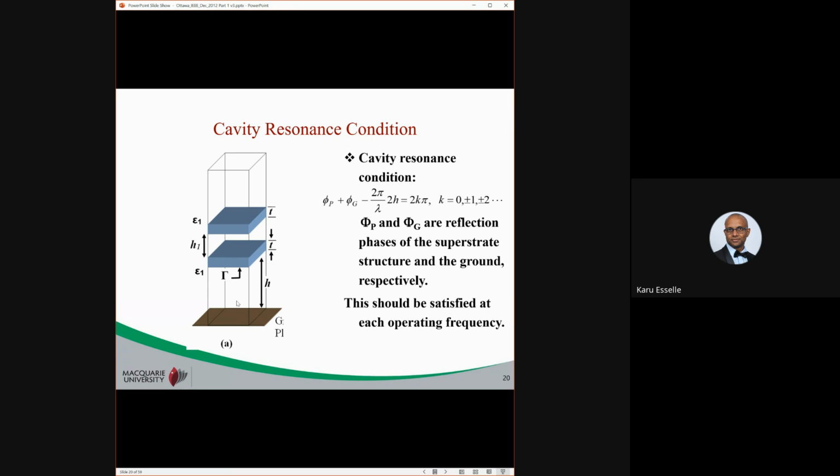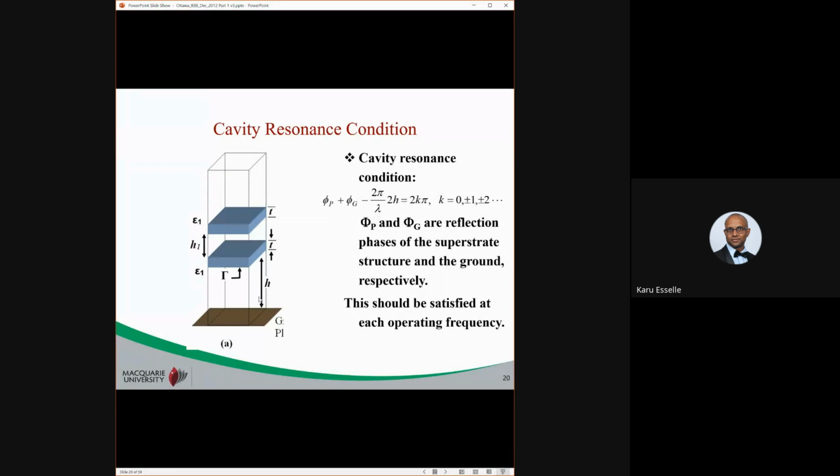And the ground plane has a reflection coefficient, phi g, the reflection coefficient of the ground plane. Now, if it is a perfectly electric conductor or a good conductor, this angle phi g is 180 degrees or pi radians. So you can simply put pi here. Then it comes back along the same path upwards and experiences another 2 pi divided by lambda times h phase